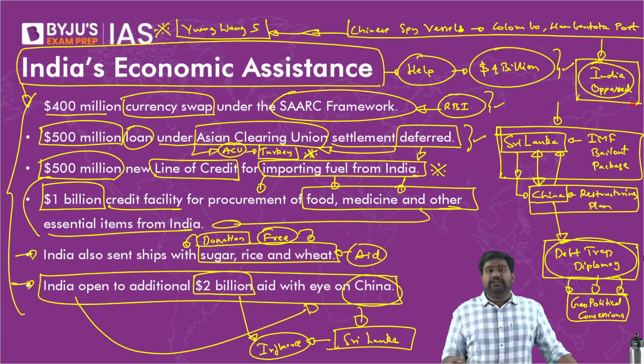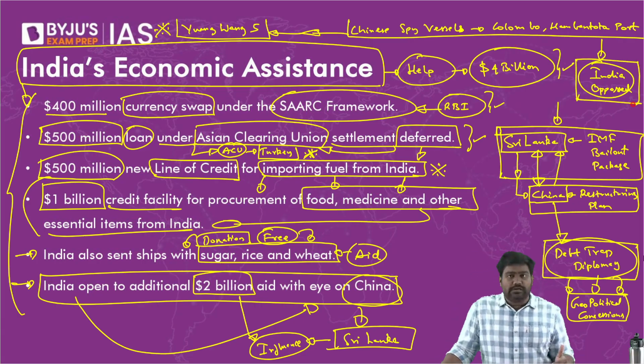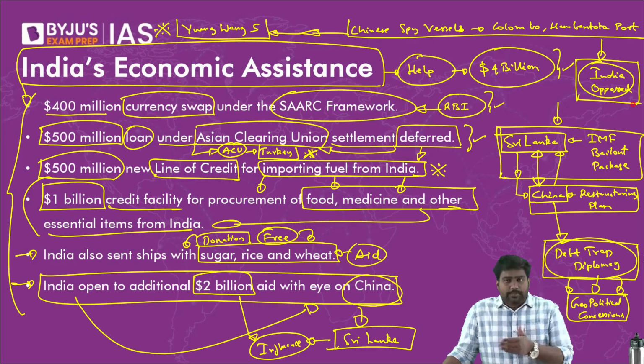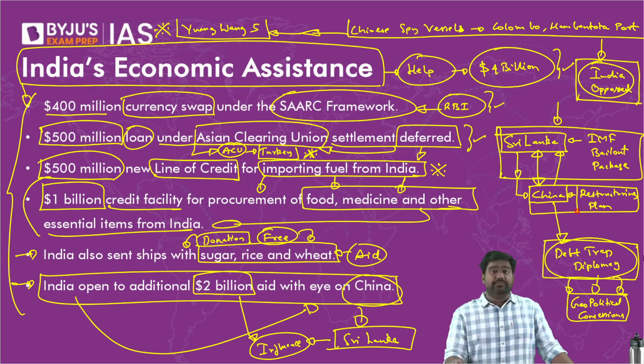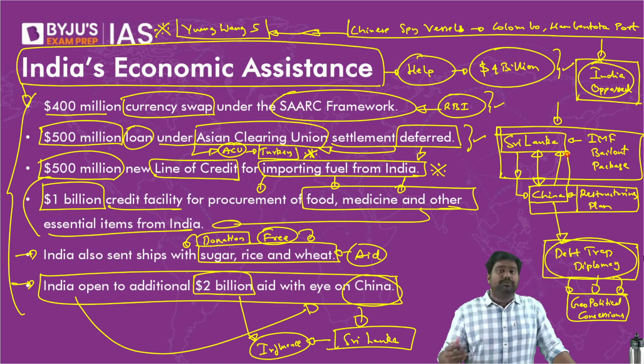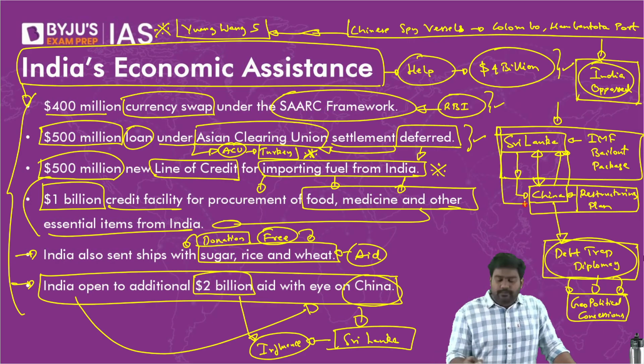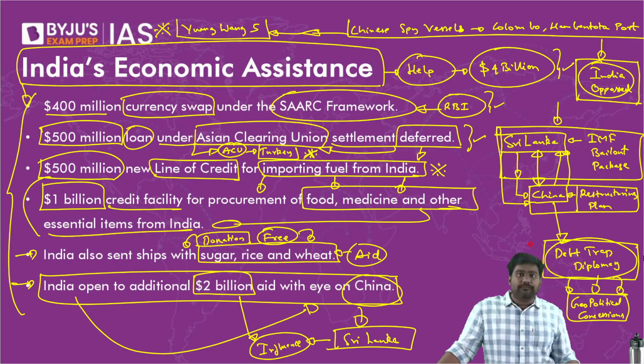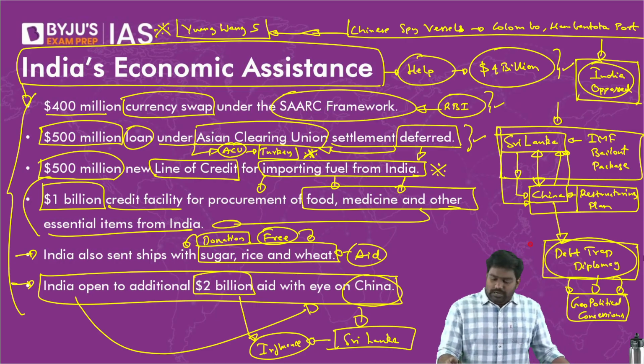So experts believe that China deliberately held back assistance to Sri Lanka and it used its leverage to gain geopolitical concessions, through which it is raising its influence and military presence in the region. And a couple of days ago, it has finally agreed to a restructuring plan because China is one of the biggest loan providers. Almost 10% of Sri Lanka's debt is from China. So 2 days ago, Sri Lanka and China worked out a restructuring plan, which is likely to reduce some burden on Sri Lanka.